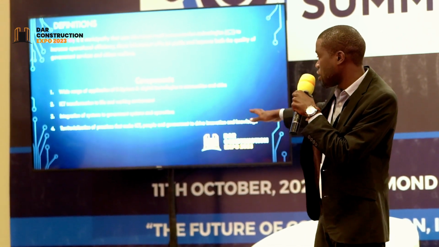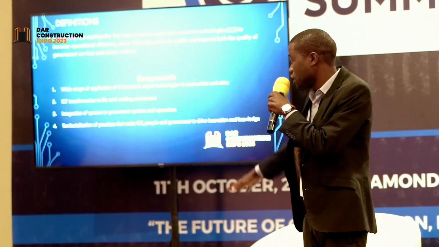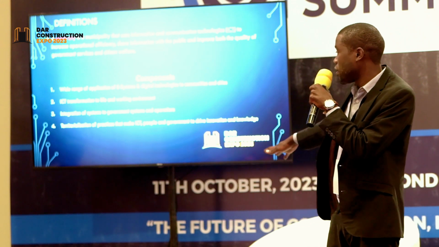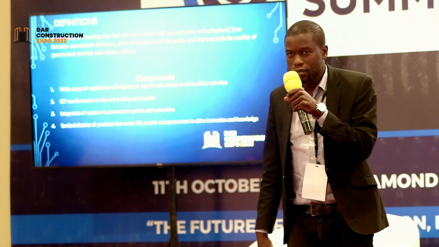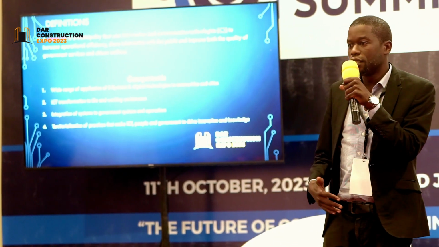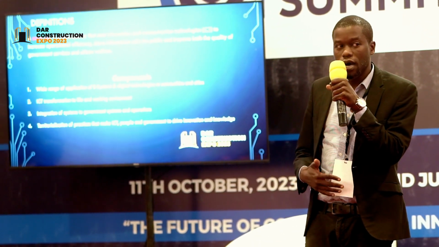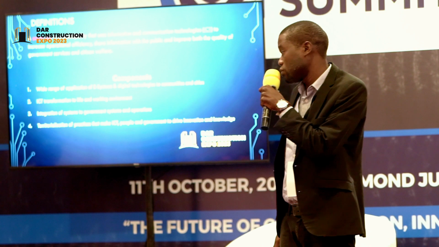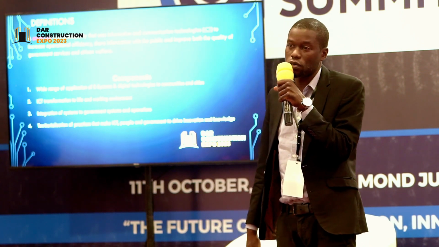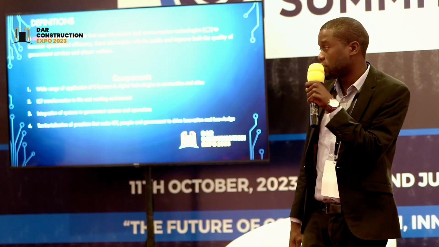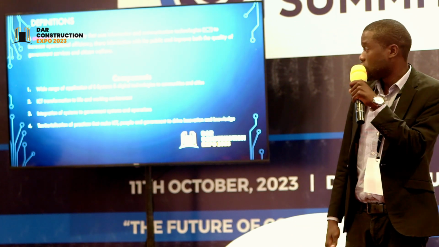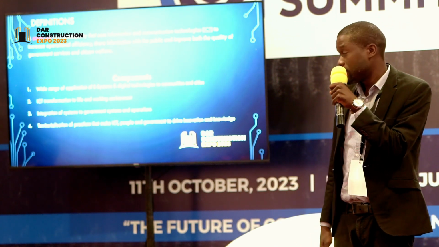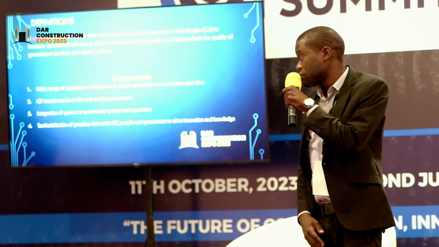In a nutshell, these are the four components, particularly the last one, the digitalization of the practice of ICT, because as urban city planning develops and emerges, innovation takes over automatically. And this is very, very crucial as far as smart city planning is concerned. Cities like Singapore, which is a city-state, and also Copenhagen, Denmark, are examples of these things now in action.